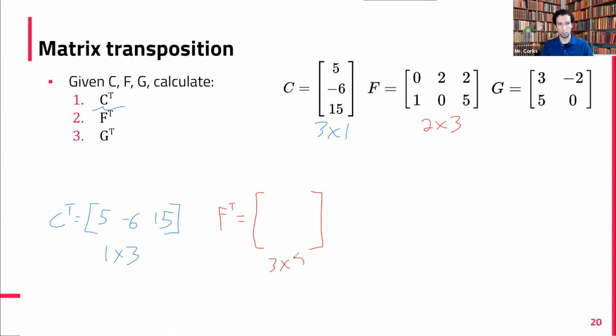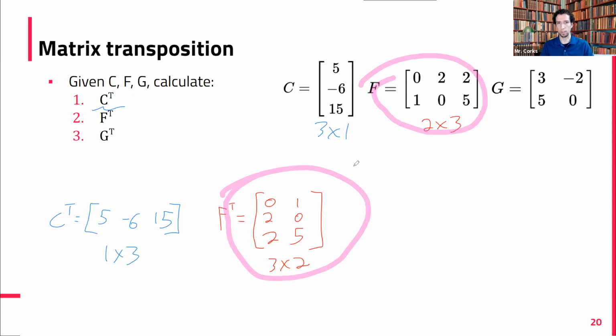Tell me the first row, or let's do first column of F. 0, 2, and second 105. Okay. So we can see from this that we did not rotate. This is not a rotation if we compare these two. This is not just rotate to the side. We've done a diagonal flip.